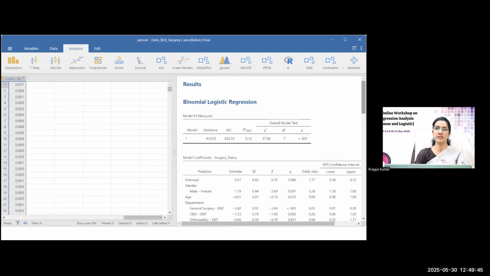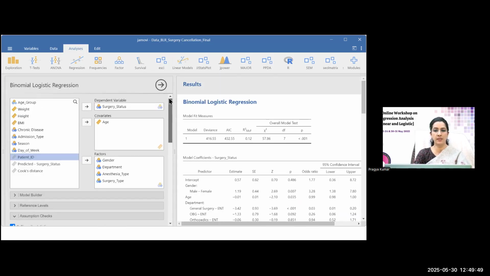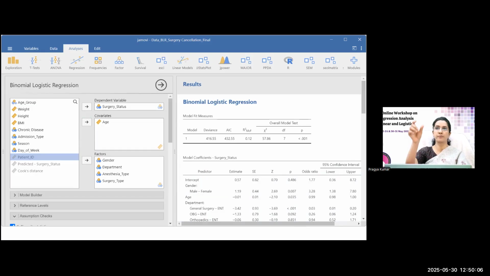For unadjusted, you can do it one by one, the way we have seen initially. You put one variable at a time, keep noting down the p-value and the odds ratio, and then enter it in the table. How to copy paste? You can just right click this, copy, and paste that table in a Microsoft Word document, insert a column and put unadjusted for all. Or